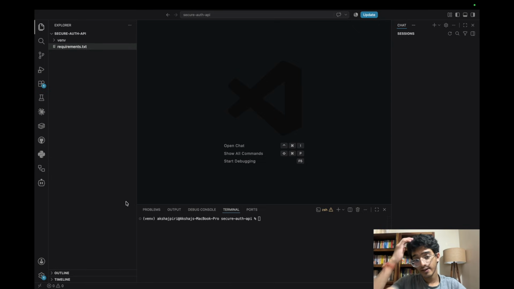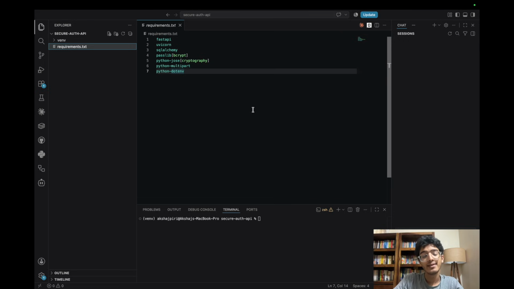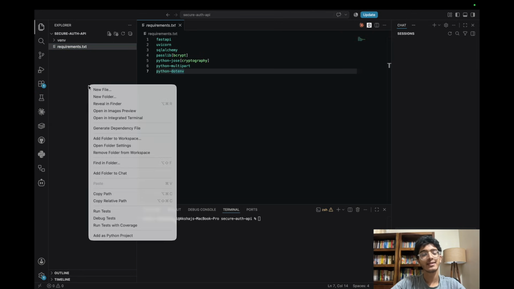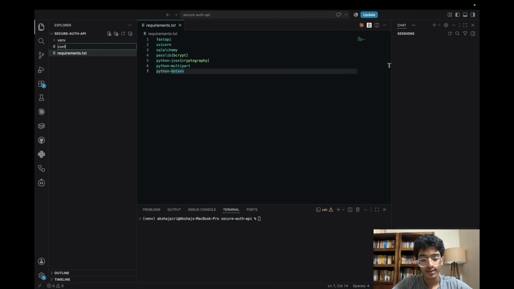So this is my VS Code folder in my VS Code application, and I've already created a virtual environment before, and I've also made a requirements.txt, and this is basically all the packages I need to use in the future codes, right? So I need FastAPI, Uvicorn, SQLAlchemy, and so much more. I'll explain what all these do, but first let's create something called a